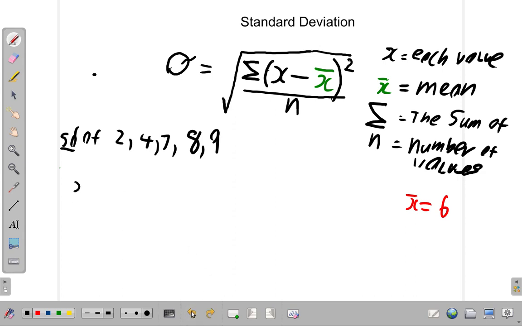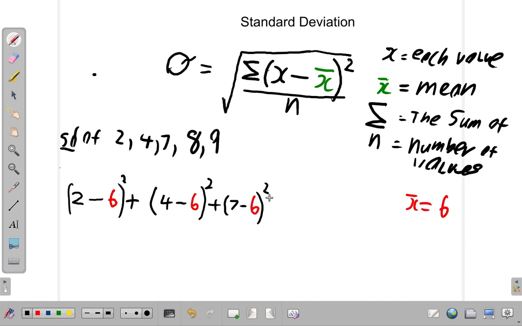So in the first case, x is 2, and I have 2 minus bar x, which is 2 minus 6, and I want to square that. Remember, I'm finding the sum now, so I say plus the next value is 4 minus the mean, which is 6, and I square that, plus then I have 7 in brackets, 7 minus the mean, which is again of course 6, the mean doesn't change, and square that, plus 8 minus the mean of 6, close bracket, and square that, plus, because I'm summing up these,